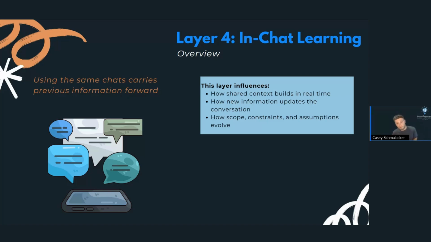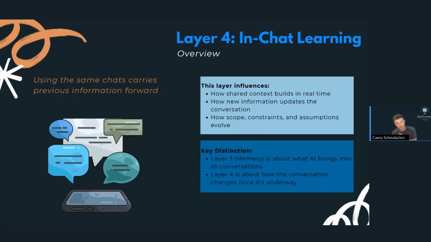Remember, with the others we've talked about, if you update memories, that will impact other chats. If you change global instructions, that will impact multiple chats. But there is also certain in-chat learning that occurs only within the existing chat you have open.